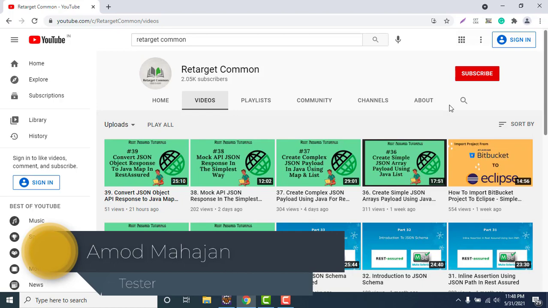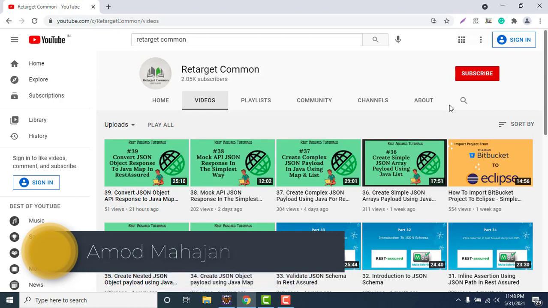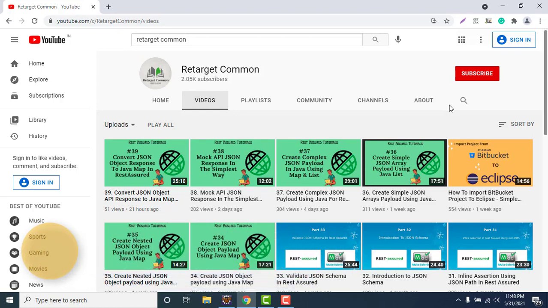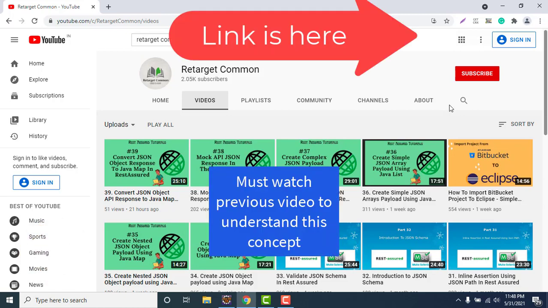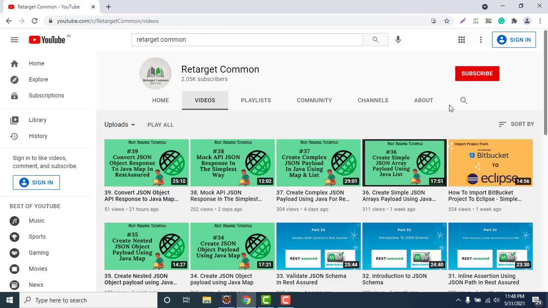When we are trying to create a payload which is a JSON object, we use the map. If it is a JSON array, then we use the Java list to create that payload. Now we are going in reverse. If we get a JSON object as a response, then we need to use a map to deserialize, that is, convert that response to a map, so that we can fetch the value based on the key-value pair, right? Similarly, when we get a JSON array as a response, then we need to use a Java list to deserialize it. So that concept we are going to learn.